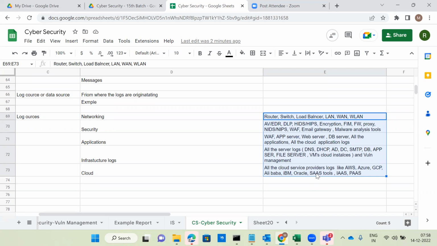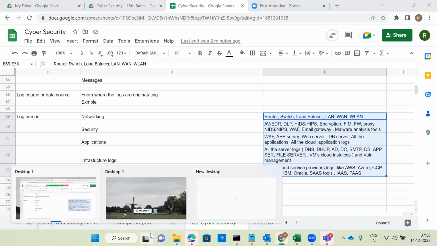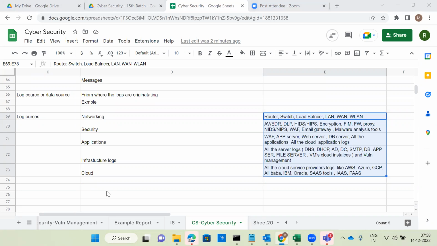Do you think that all the applications are constant? Do you think that all the servers are constant? Horizontal and vertical growth wise, always the servers will increase as well as applications will increase. That is called horizontal growth and vertical growth, because daily we recruit employees, daily applications will increase. You can go and see everywhere, TCS, Infosys, whatever IT company. Daily thousands of people they recruit and onboard. So that means indirectly logs are also increasing in the backend.